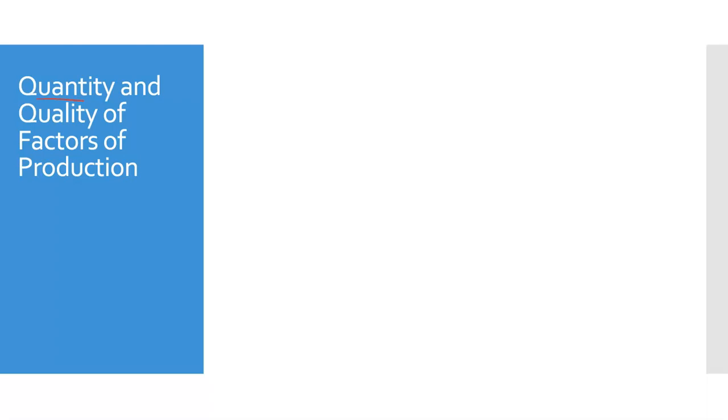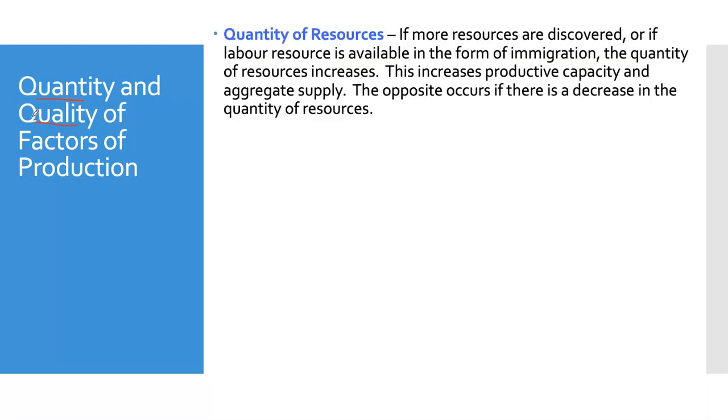The first two are quantity and quality of the factors of production. So the quantity and quality of the resources that go into producing goods or services. If we have more resources discovered, for example, if labor increases because of immigration, the quantity of the resource increases. Logically, if we have more resources, we are going to have more productive capacity and hence more aggregate supply. There will be a decrease in the quantity of resources, leading to a decreased productive capacity and a decrease in